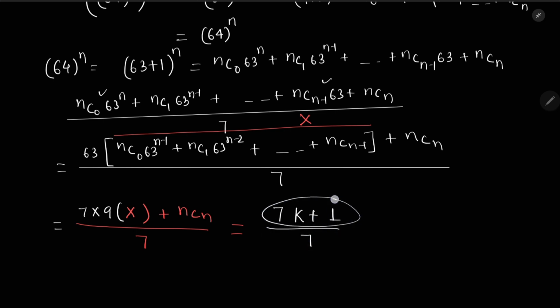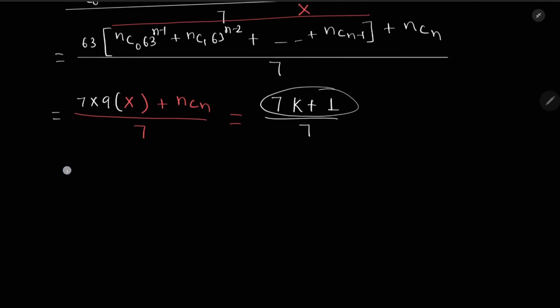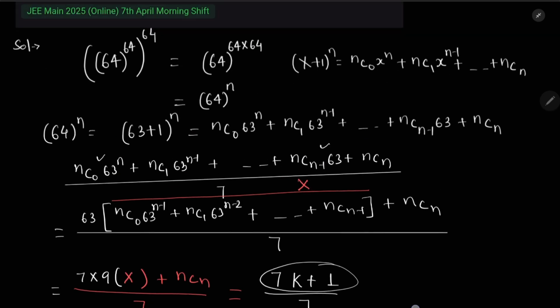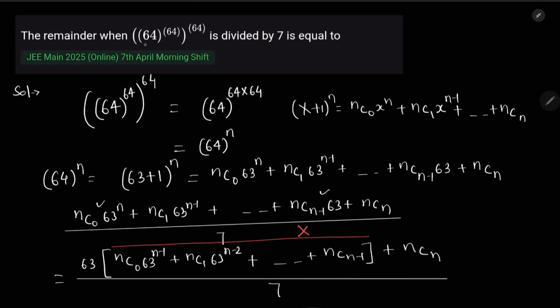So the whole power n, which is 64 to the power n, can be written in the form of 7k plus 1. And if I divide a number of the form 7k plus 1 by 7, it will leave remainder 1. So the remainder when 64 to the power 64 to the power 64 is divided by 7 is 1. So this is the conventional method that we follow, but